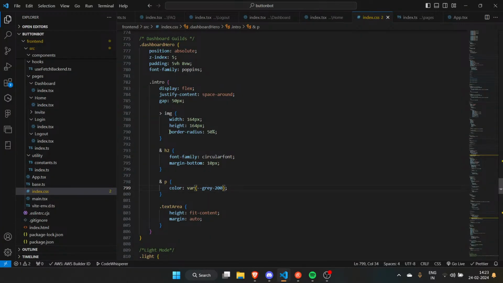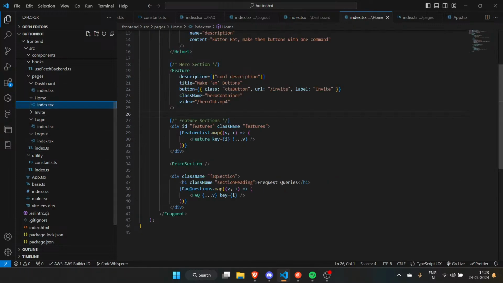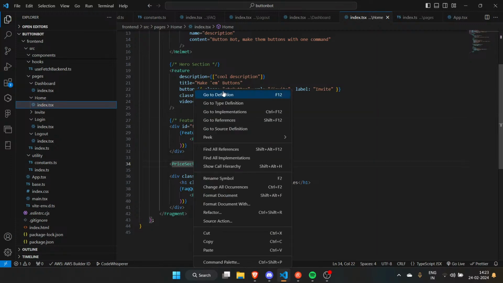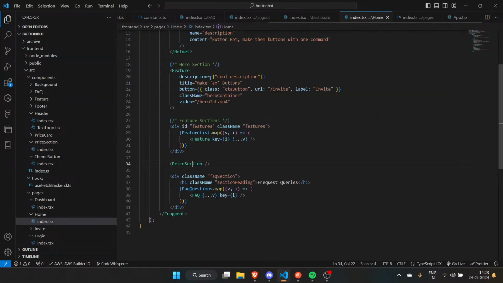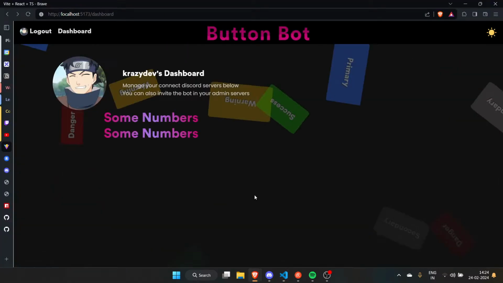Now we need to worry about cards. And okay, so how do I do that? Intro is there. We need to copy paste some stuff once more. So if I go on home, you will see an H1 called section heading. I will copy it, paste it a couple of times. First of all, we have manage servers.